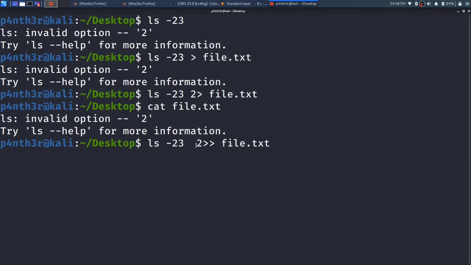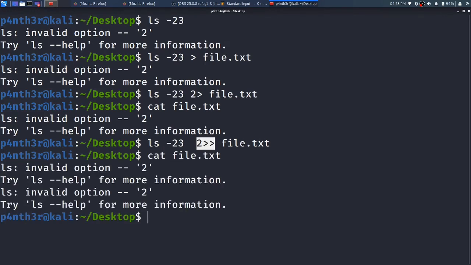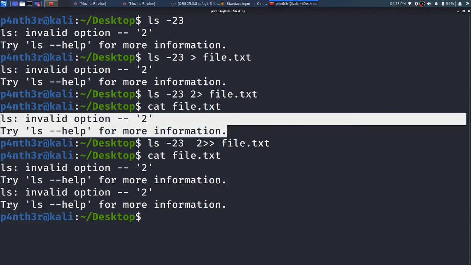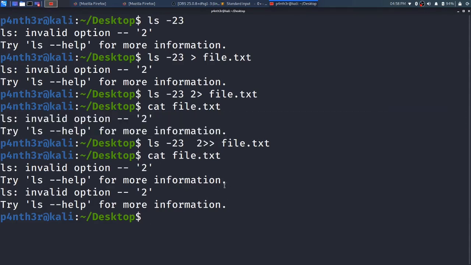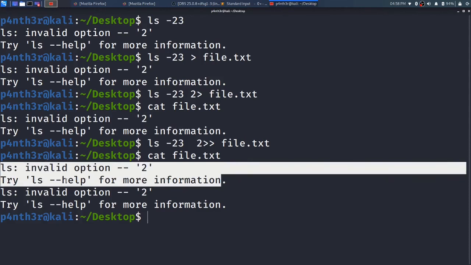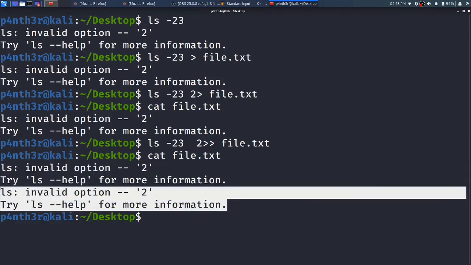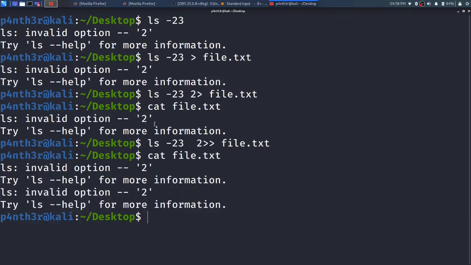It will append that error into file.txt. I will press enter and again type the cat command. You can see before it was showing 2 lines, but now it is showing 4 lines. It is appending the data into file.txt. So the single sign is used for error overwriting, and the double sign for appending.